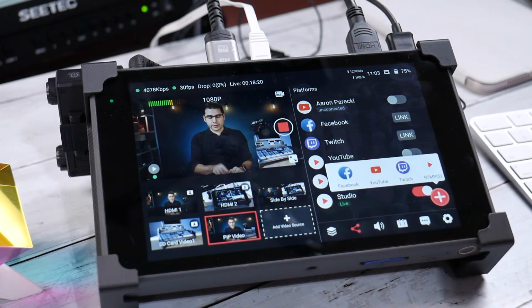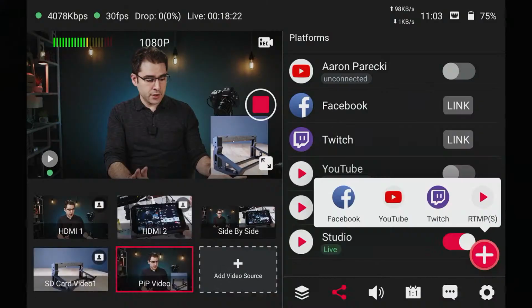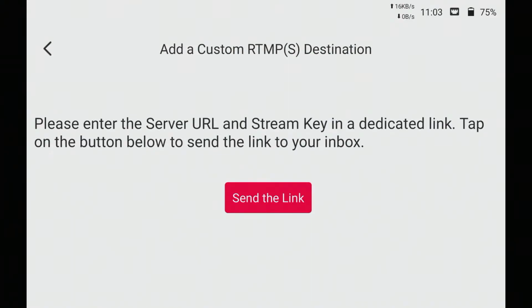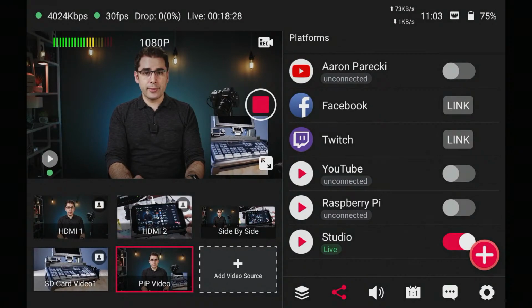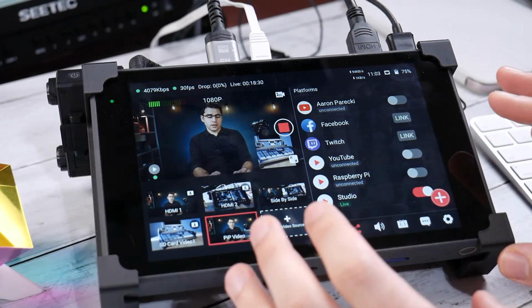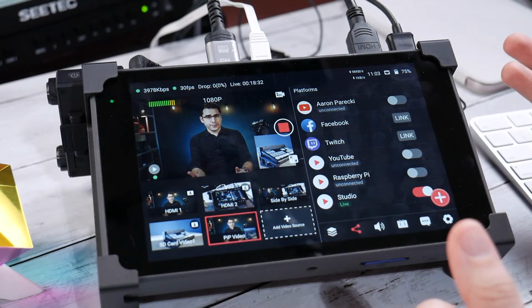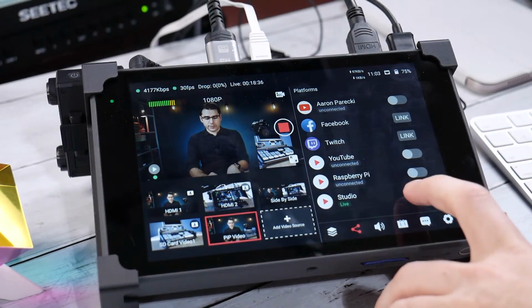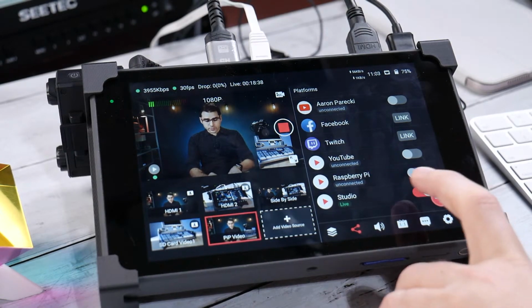What you do is you go in here and you say, make a new RTMP stream, and then it will email you a link to your email address, and then you go open up your computer, and you type in the details there, and then it saves it back into the YoloBox. So I'm streaming to the RTMP